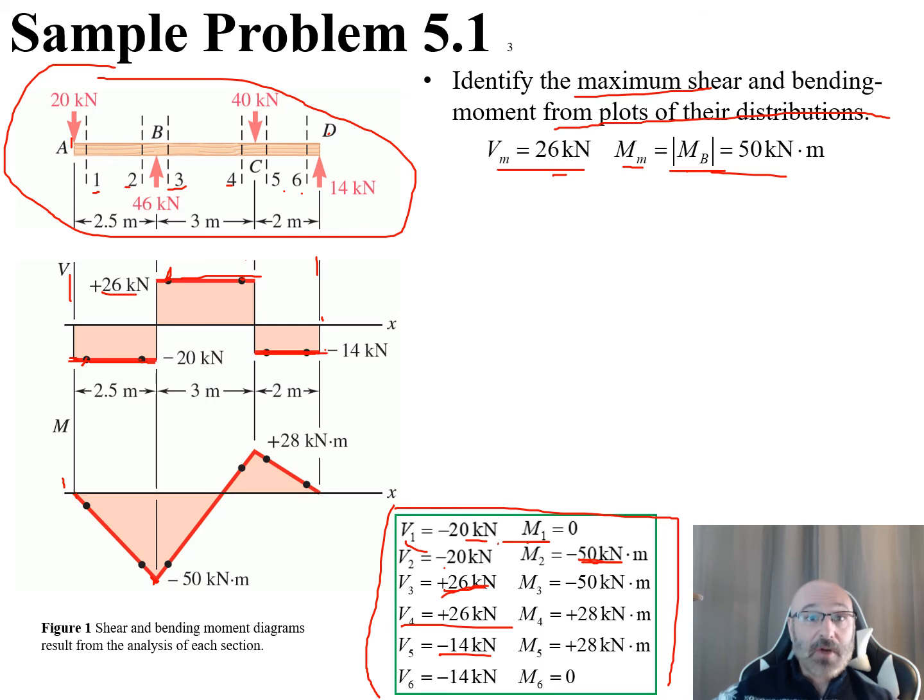And then over here, when I come back up between my B and C, when I get back up to C right here, I have these values of 28 kilonewtons right there, 28 kilonewtons there, and then I go back down to 0 at the end here. So now I can draw a line between all of these points to draw out my bending moment diagram